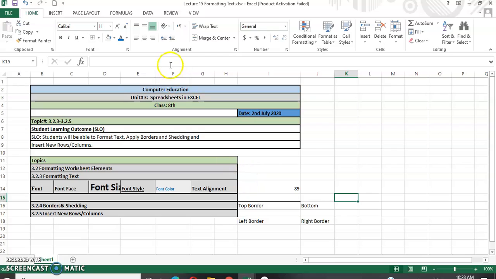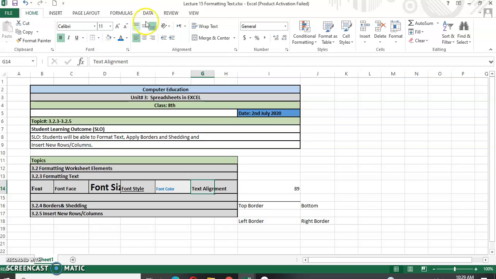So next, move to the alignment group. Here we will cover all the alignments which we apply on the required cell or selected cell in MS Excel. First, what is alignment? Alignment is the way in which text is placed in a cell. We have discussed that cell content, if it is numeric, is by default aligned at the right of the cell, and if the cell content is text, by default it is aligned at left. Clear? So how can we change the alignment?